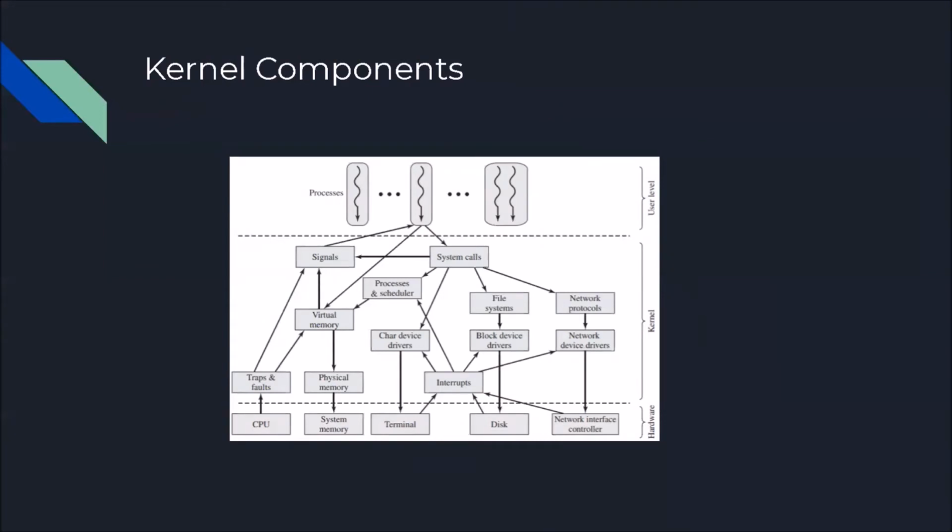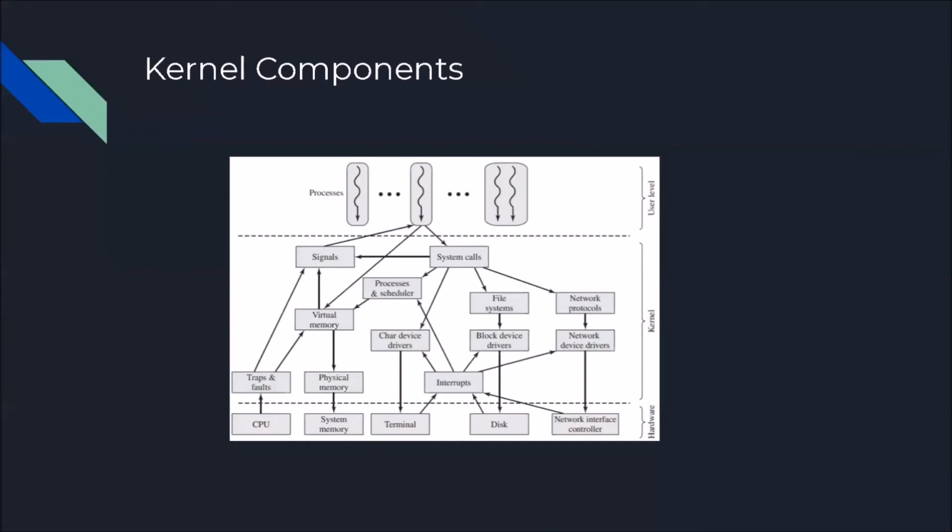The kernel components are: signals, used to call into a process; system calls, where a process requests a specific kernel service; process and scheduler, which creates, schedules, and manages processes; virtual memory, which allocates and manages virtual memory for processes; file systems, which provide namespaces for files and directories and provide file system functions; network protocols, which support the sockets interface to users; character device drivers, which manage devices that require the kernel to send or receive data one byte at a time;